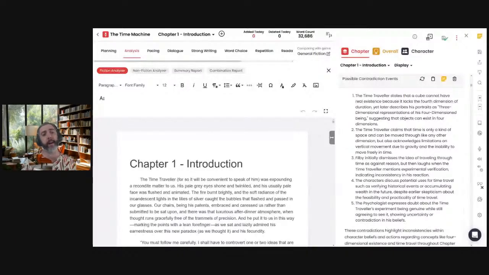But again, it's very helpful because those would be the most obvious contradictions that an audience member would know about. So again, if you set up in a chapter that they're on the top of a building and they're having a big fight and then somebody walks out to the parking lot and you haven't established how they got down the stairs, that's the sort of thing it might notice. It's like, well, wait a minute, you didn't tell me how they got down the stairs. That doesn't make any sense.